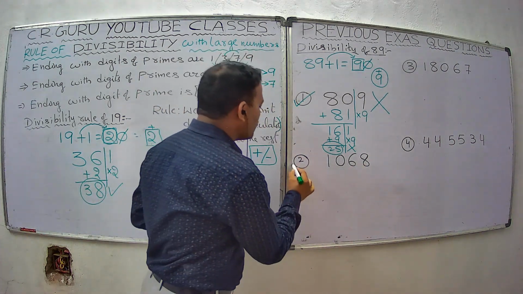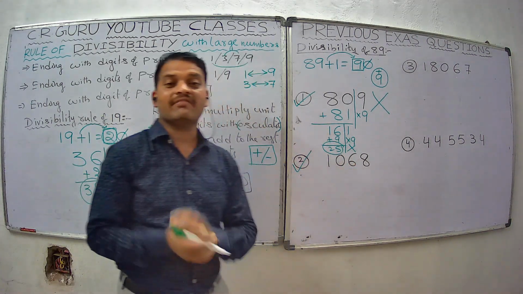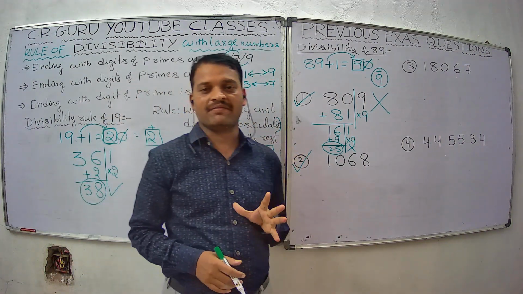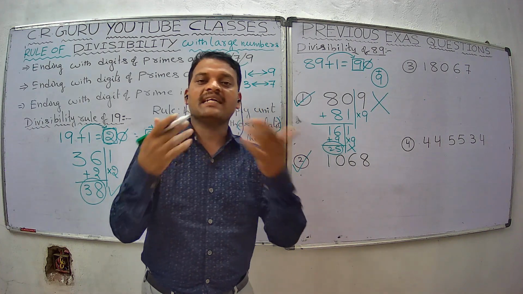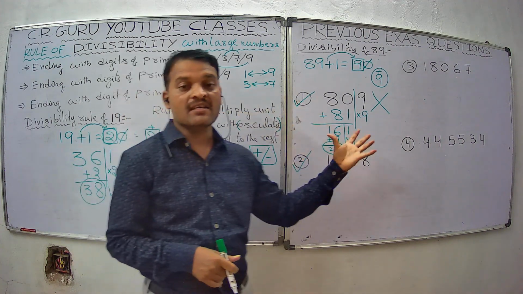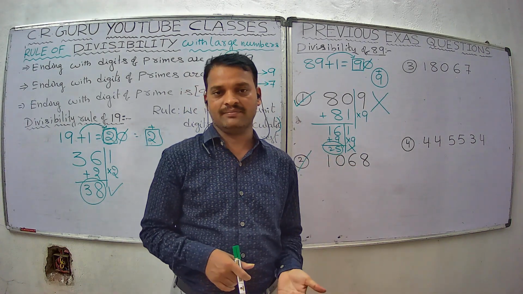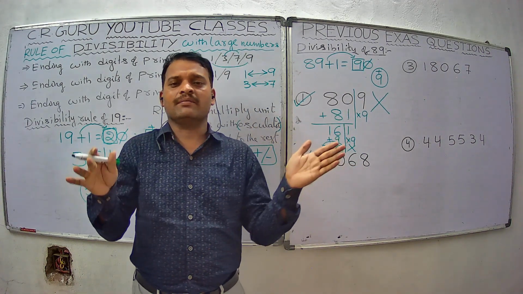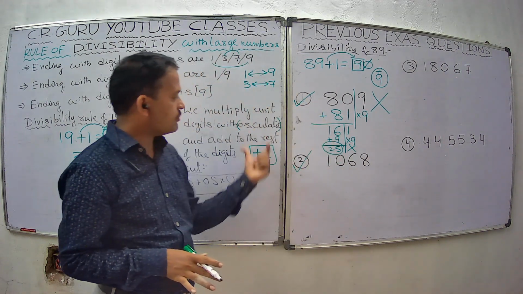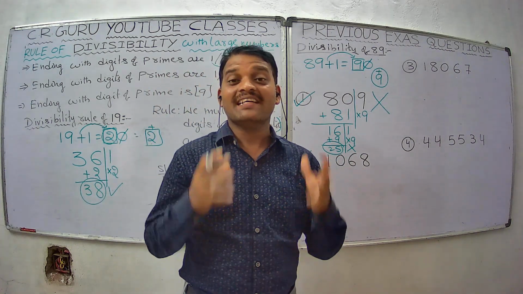Okay. So now I am going to explain the second question, my dear friends. See, 1068, whether it is divisible by 89 or not. So this is a very simple process, my dear friends. If you practice 10 or 15 sums, taking very large numbers, definitely you will find divisibility very easy. After 11, 90% of people say they don't know. But once you check it this way, you will see. So 1068, whether it is divisible by 89 or not.